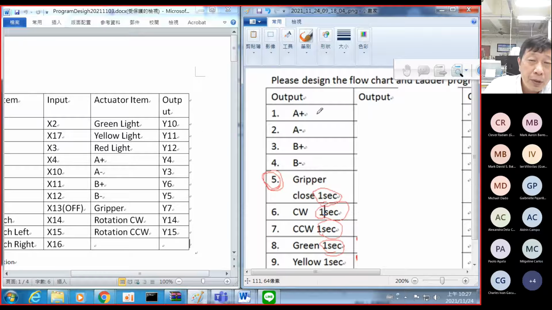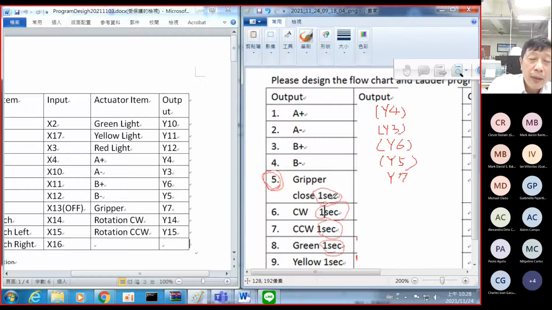So the output, because it's output, Y4, then A, Y3, then B, Y6, then B recheck, Y5, then gripper, Y7, because you can find we close the gripper